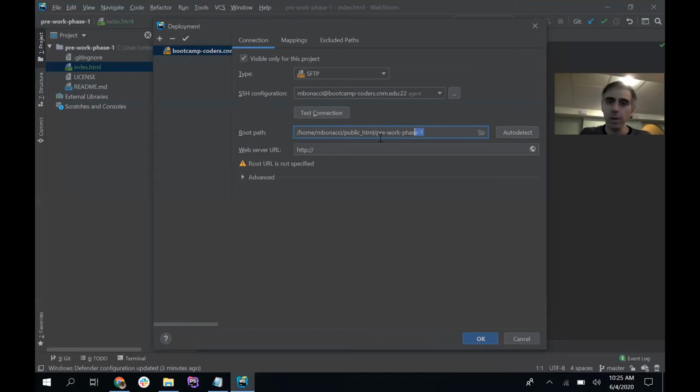Now this is the location on the Bootcamp server where you're going to deploy your project. That is where the outside world can view your project in a browser. To get to it in a browser, we're going to put an address in this location. This is where, if we click the shortcut link to our project's deployment, it'll open up a browser with this address in it. So it's going to be https